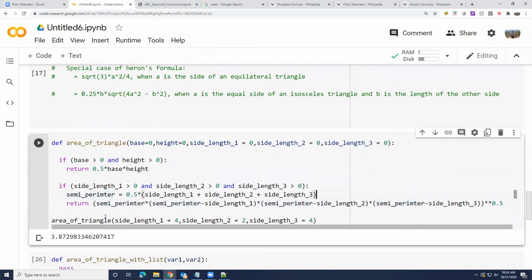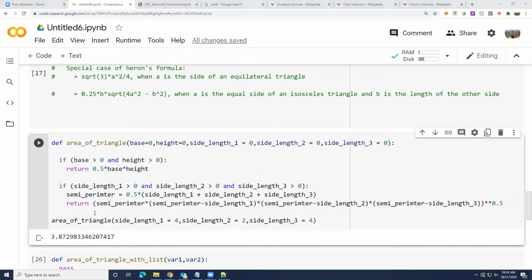Of course, you can define it. There is nothing wrong with creating two separate functions. One saying area of a triangle with base and height known, and the other saying area of a triangle when all three sides are known. Then you would have to go create area of a triangle for equilateral triangle and area of a triangle for isosceles triangle, right? That would be one way, but does that look like an interesting way?